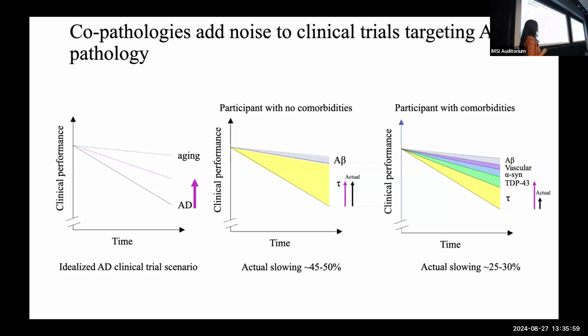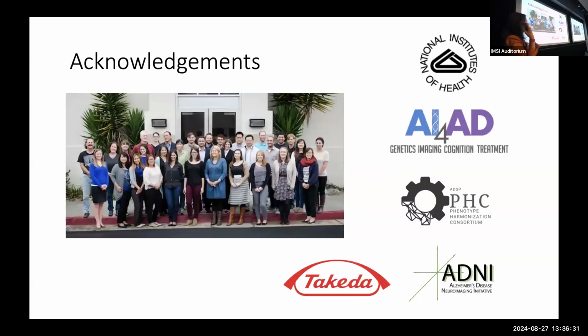Not the rest. So in reality, what the trial will be able to detect is, rather than showing that 45 to 50% slowing down that is expected, it can only show the slowing down maybe up to 25 to 30%. And that's exactly what we're seeing at this point with those 3 FDA-approved treatments. They can only show that, and it could easily be the ceiling effect, because these treatments are only targeting the AD pathologies, not doing multi-treatment approaches.